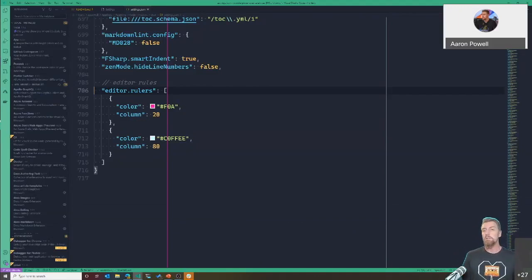Why would you want to do that? I know a lot of old school developers like to use an 80 character wide editor screen, and that's all that I would fix to because that was what terminals were back in the day. But we've moved on. We've got 4K monitors now, and I can fit hundreds of characters across in my text editor. So why do I want a gutter that tells me I don't want to go past 80 characters?